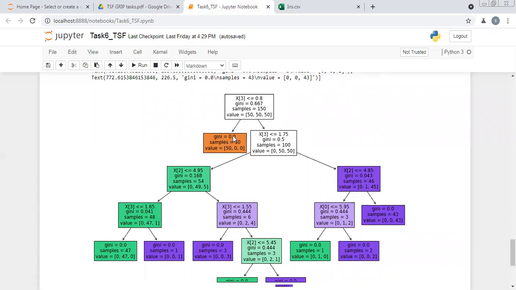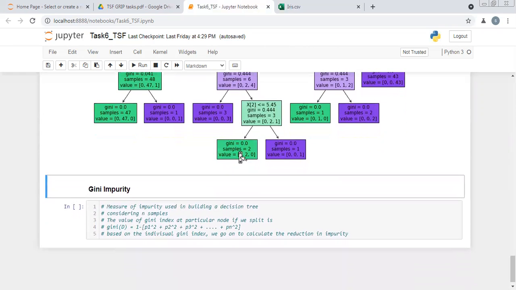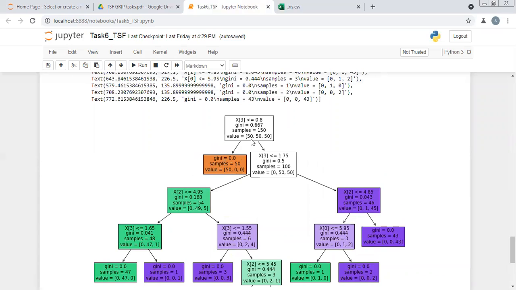And again, this is also the leaf node here. Okay, so impurity, or Gini impurity, is 0 in this particular node. Okay, so this is the basics of how the decision tree has been built. I've shown you how the splitting has been done using Gini index.